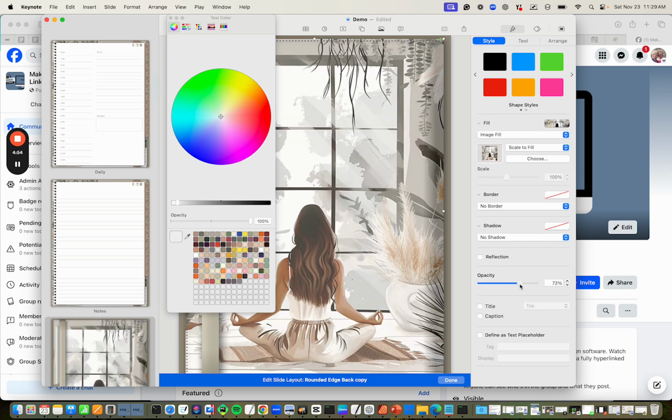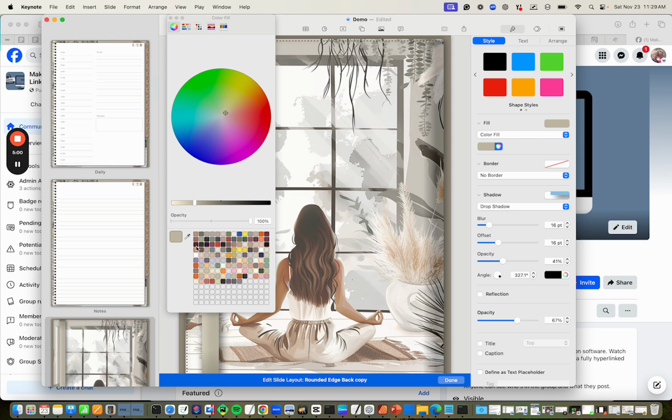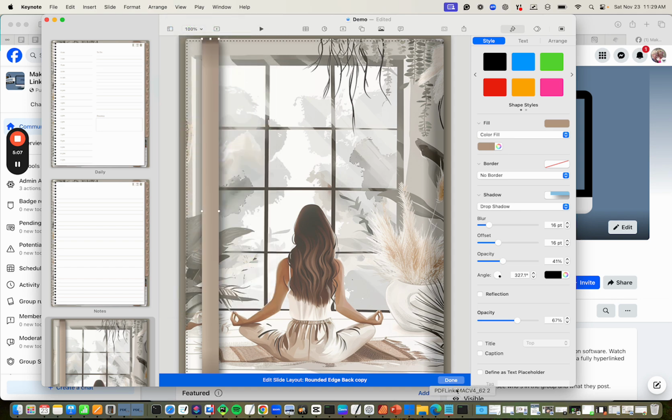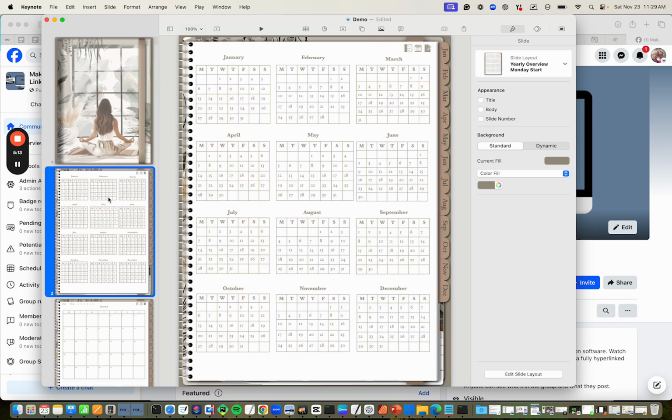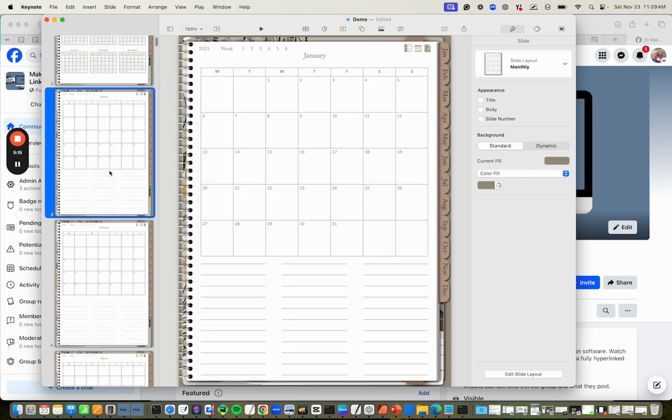Now my back cover, my image fill. I'm just going to again adjust the opacity just so I get that nice curved edge. Select my planner band, and there we go. Now when I say done here, here is my complete planner, Monday start,